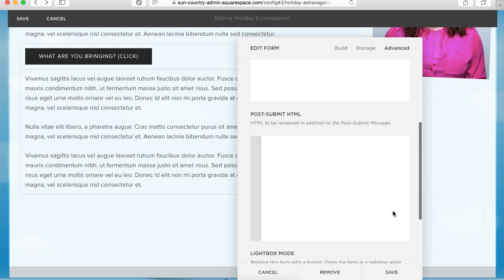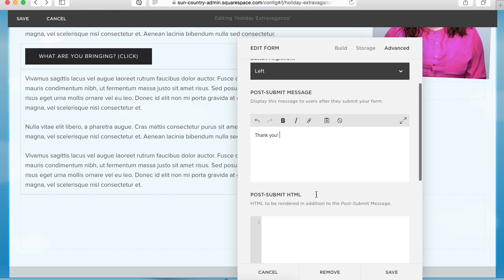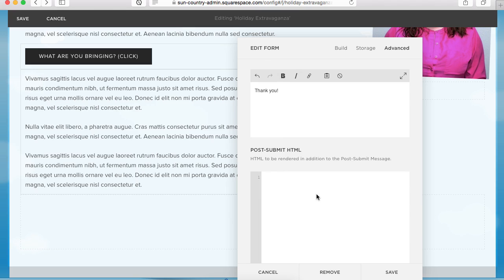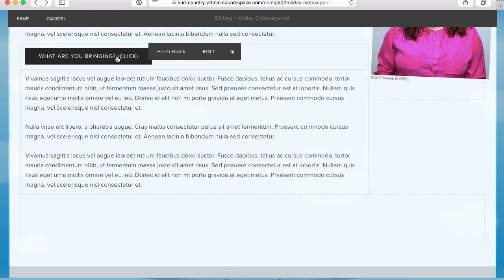And then once people submit the form, and you can use this with or without the lightbox mode, you usually want to have some sort of post-submit message. Thank you. We'll get in touch with you, or we'll contact you back, or whatever. Post-submittal HTML. What are you bringing? Okay, so then if I say save,